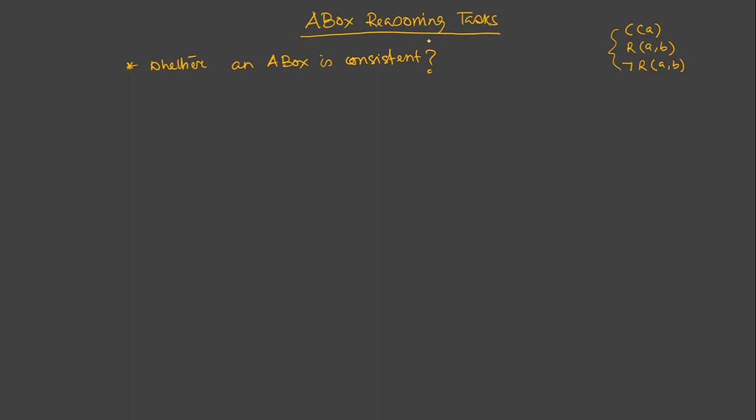Now, when we ask whether an A box is consistent, we need to check whether the membership that we have assigned for the different individuals are having a clash. If they are having clashes, then our A box will not be consistent, otherwise it will be consistent. So let us start with an example. Let us check whether A is a member of, say, father,